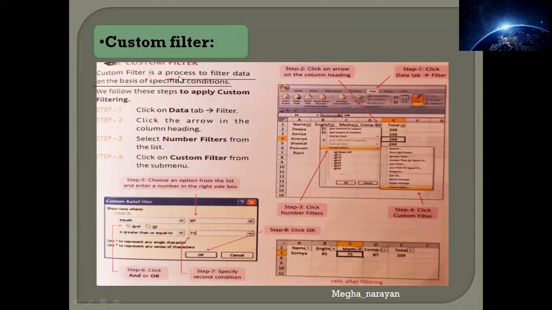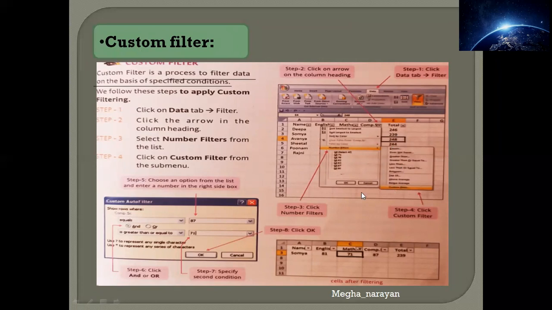This is somewhat important. Custom filter is done for a particular condition. Your filtering conditions can be different from your friend's. Two people can have different types of filtering conditions or specified criteria to which the custom filter is applied. The steps involve clicking on the same tab, the data tab. Here you can see, choose the option filter. Again, in this column you are supposed to click on this arrow. From this arrow, you will find the custom filter, which is at the last of this menu.